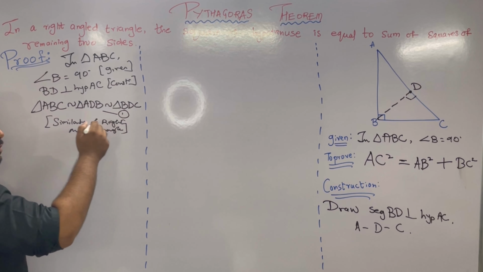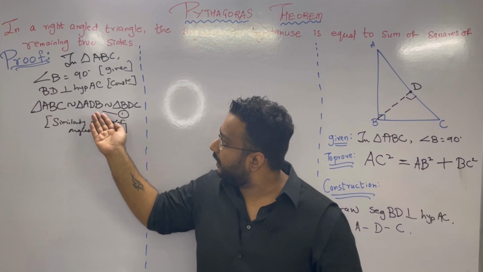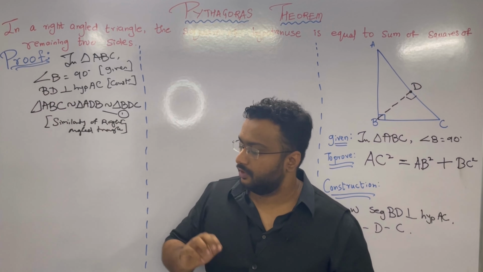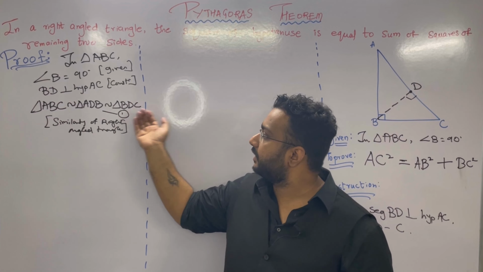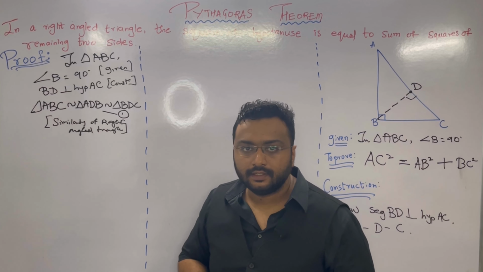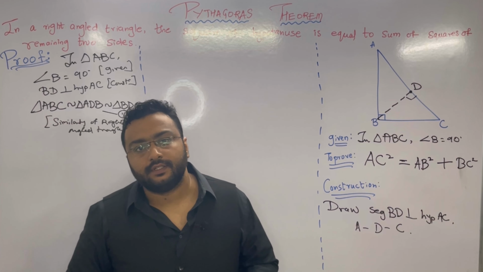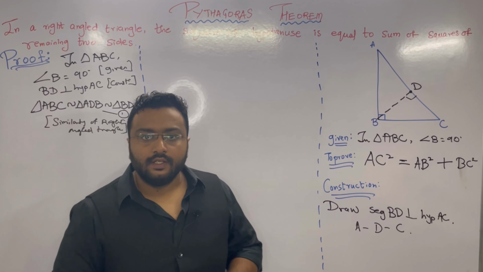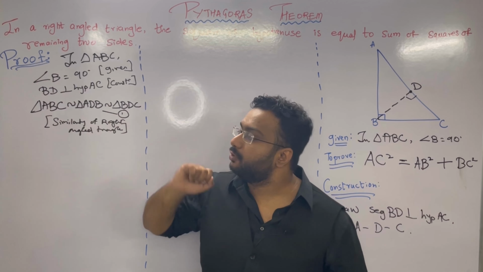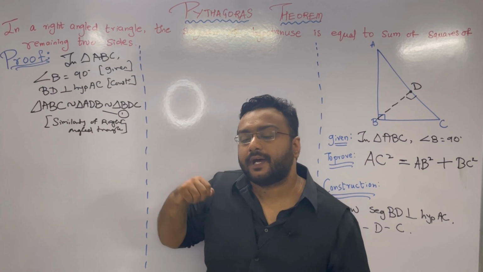Now see, we need AC square. That means there should be two ACs. Just observe all these three names of three triangles. Think and tell me which two triangles have AC. See, if you observe, the first triangle has AC. In the second triangle, A is there but C is not. Okay, let it be. Let's see the third triangle. In the third triangle, C is there but A is not. That means there is still a problem. We need AC square, so AC should be part of two triangles.